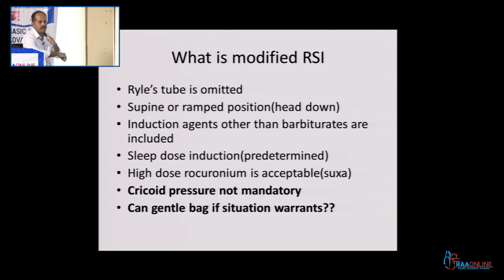We have moved away from inducing with barbiturate to other newer induction agents like propofol, ketamine, etomidate, etc. Rocuronium is acceptable as a relaxant of choice if you have sugammadex and if suxamethonium is contraindicated. And you are no longer dogmatic about cricoid pressure. If you have problems in ventilating a patient or you have problem in visualizing the vocal cord, you don't have to be dogmatic in